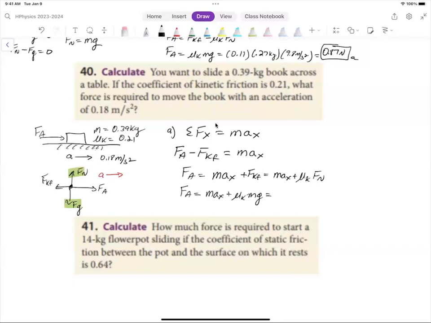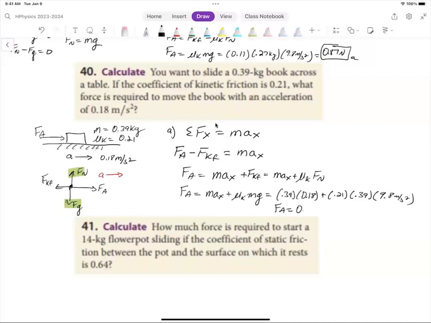And now I'll solve it. The mass was 0.39. The acceleration was a positive 0.18 plus, this time it was 0.21 times again 0.39 kilograms times force normal, which was, oh, no, sorry, not 9, I'm sorry, little g is where I was at, meters per second squared. Okay. All right, so then I plug that into my calculator, which you should do, and you will find the answer to be